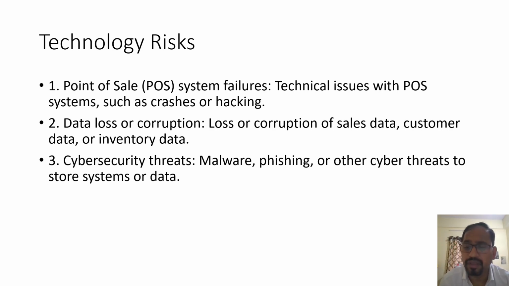Your sales data will not go here and there. Your customer data will also be secured, and inventory data will also be secured. But you have to communicate to your team, this is wrong, you should not do this, you should do this. So these are the things about how you communicate. Then something will happen, and it will last for a longer time, and that's a good thing, correct? Once you say it, people will not see it. Sometimes people do not know what is wrong and what is right. We have to tell them, boss, you can enter customer data in the system because you're a cashier or a sales officer, correct?